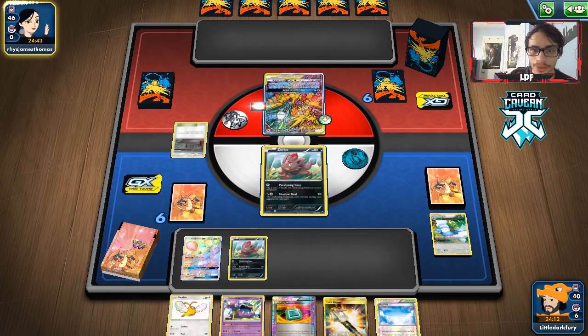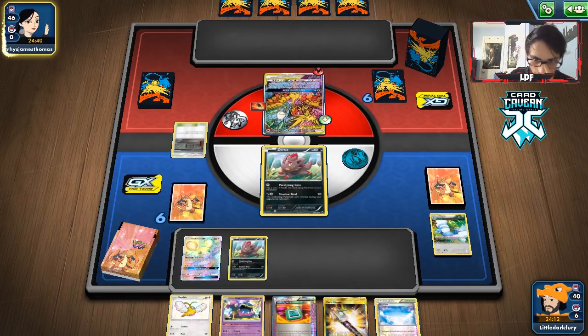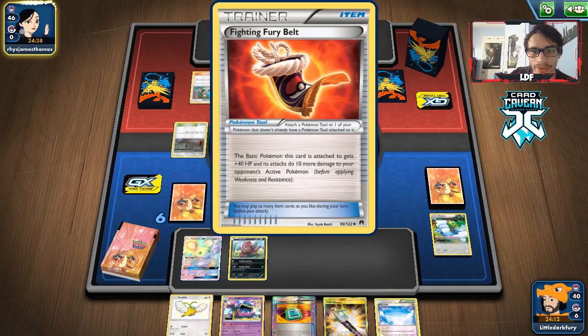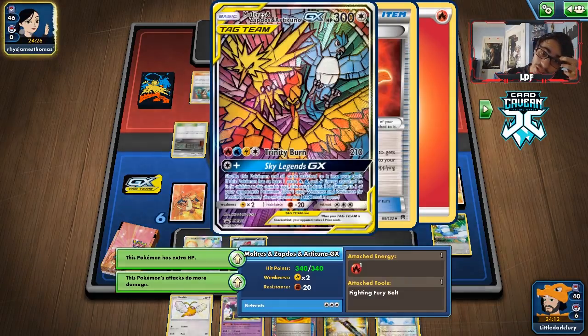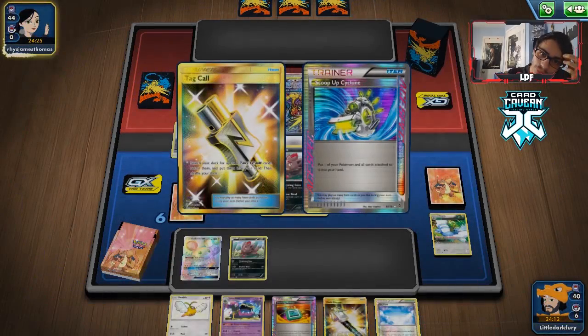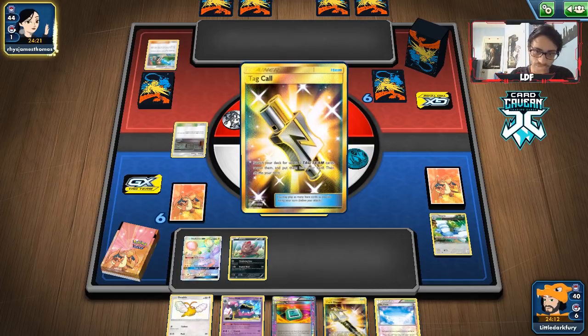There's a Fighting Fury Belt, so yeah, they do play it. But that's fine, we got the Field Blower. It's actually perfect, because we can blow away this. If only we got Snorlax, it would have been maybe possible to knock out the Bird Trio. I don't really know what their strategy is here. How are they going to build this up quick enough? I guess they have ADP Double Dragon Energy, but is that really...